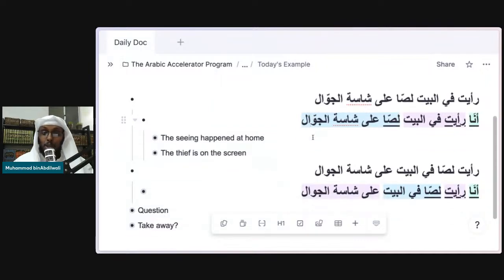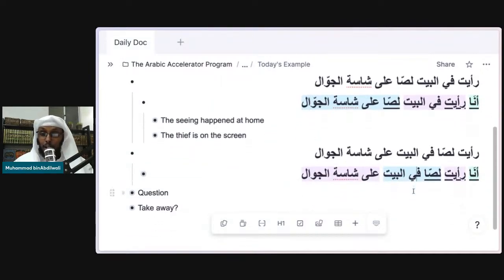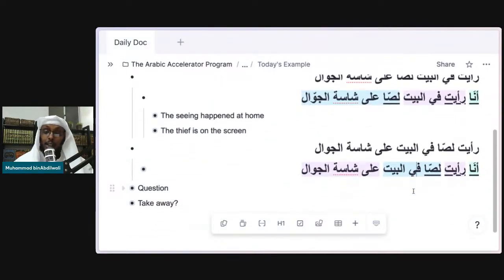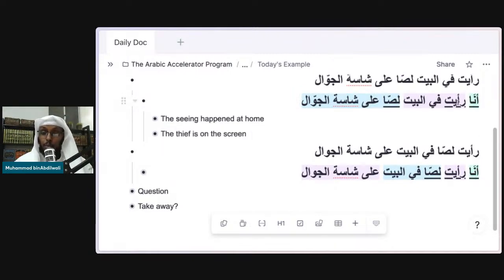Okay, how about this one over here? أنا رأيت لصا في البيت على شاشة الجوال. The أنا I've added this, of course, because like we said, every verb comes with a fa'il, which here is the ta. But we like to always make it into a nominal sentence, a jumla ismiya. So for the core sentence, we take the fa'il and put it at the beginning. So أنا رأيت. We always start with a noun